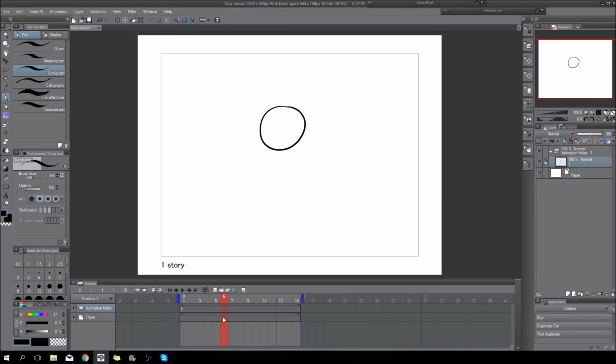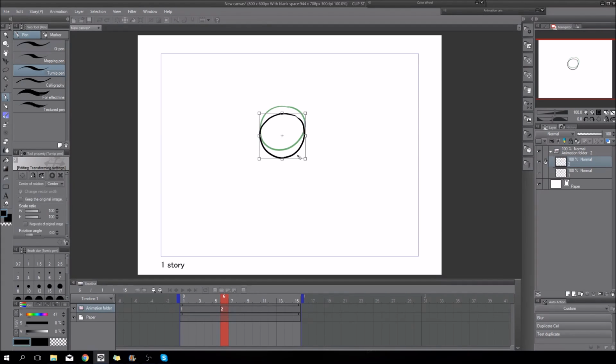On the next frame, if I do the new animation cell, it will disappear, but now I can click on the onion skin and I will see my previous one. So now I can start drawing the next. Yeah, perfectly. Here. And I exactly see where it's going.